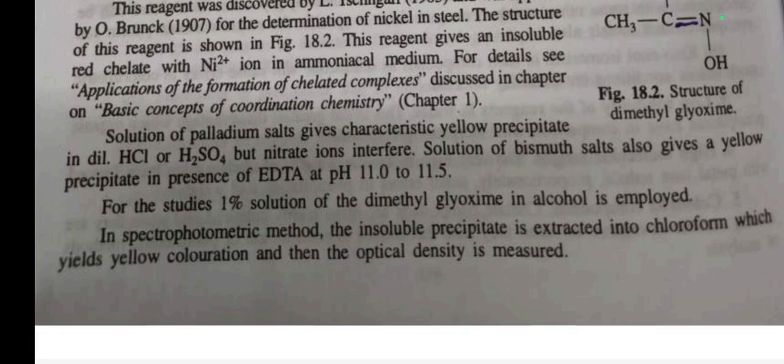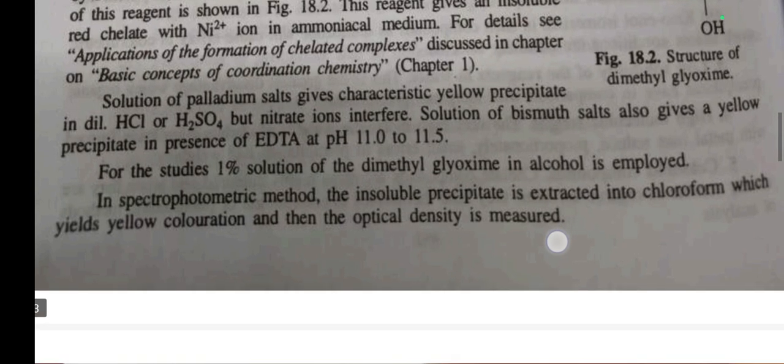Solution of palladium salts gives a characteristic yellow precipitate in dilute HCl or H2SO4, but not with nitrate ions. Therefore, solutions of bismuth salts also give a yellow precipitate in presence of EDTA at pH 11 to 11.5. For these studies, a 1% solution of dimethylglyoxime in alcohol is employed. In the spectrometric method, the insoluble precipitate is extracted into chloroform, which yields a yellow coloration,